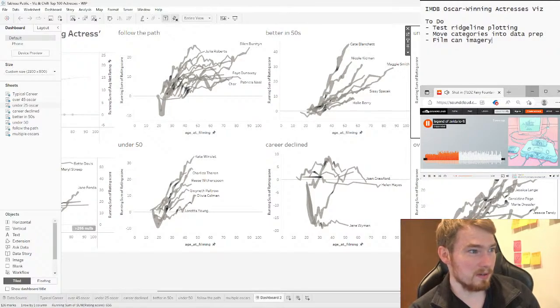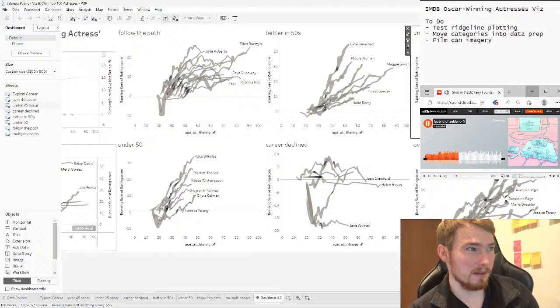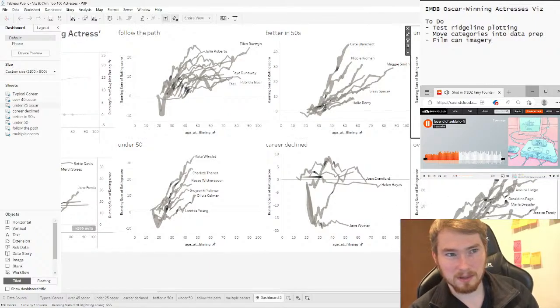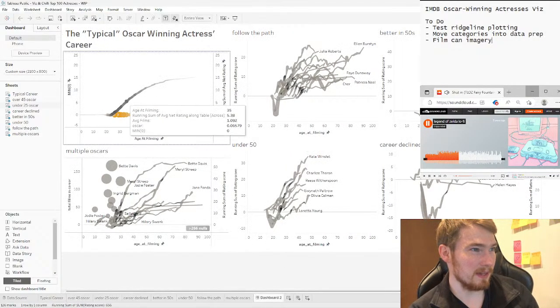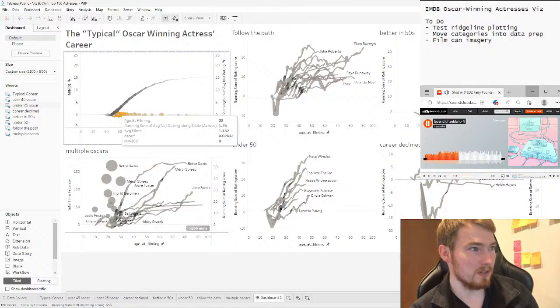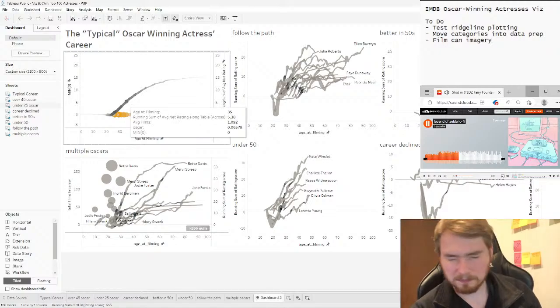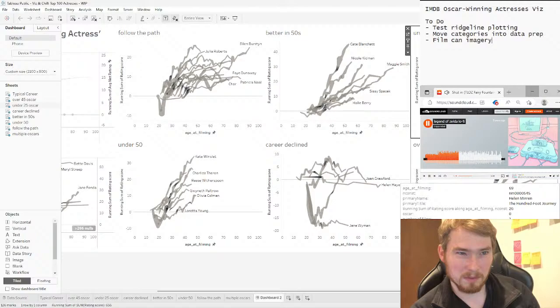These are ones that got... I have to check what this was. I think this was where the career was better when they were younger compared to better when they're older. As I think there was a median age we had back here that you had to be like early 30s, I believe, was where most actresses got their Oscar. So later on, and then here we're talking about those that are over 45 that got their Oscar.